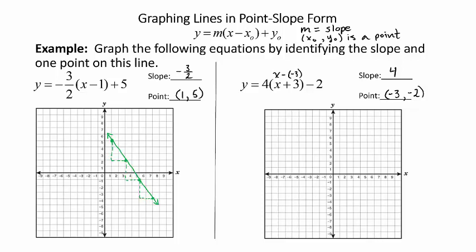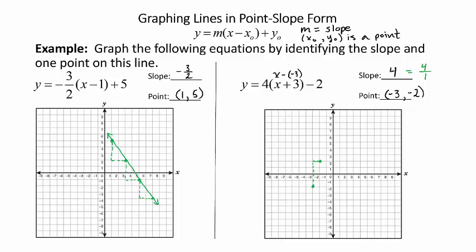Okay, so I'm going to plot negative 3, negative 2, as our x and y values there. And now I'm going to use the slope of 4 to find some other points. So from that point of negative 3, negative 2, I'm going to rise up 4. So remember, it's rise over run. And when you have an integer value here for a slope, remember you can have 4 over 1. So you're rising up 4 and running over 1,